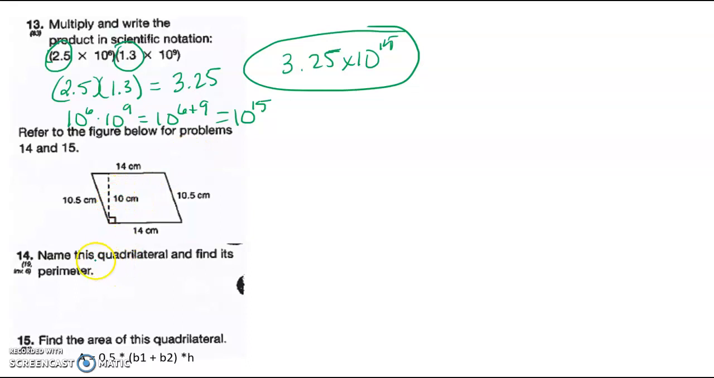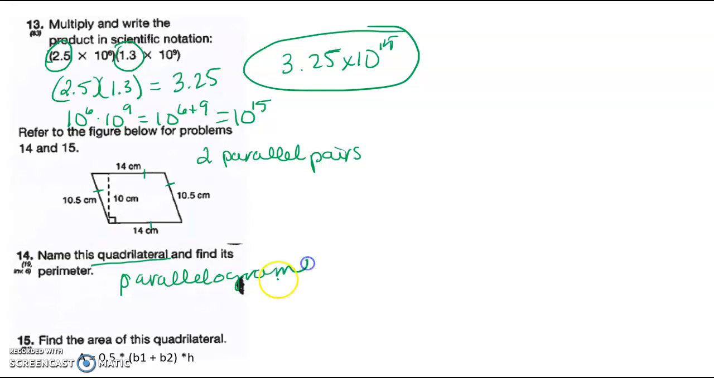The next problem, it says name this quadrilateral. So I have this one and this one are parallel. So I have that parallel pair, and then I have this, so I have two parallel pairs. That makes this a parallelogram. Okay, and then it says find its perimeter. So we're going to add all the stuff around the outside. So if I start with 14 and go to 10.5 and 14 and 10.5, that's going to be my